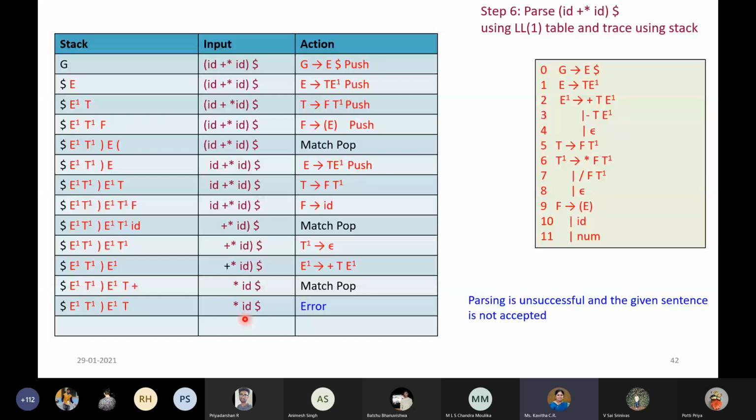Also parallelly, if you want to check, you can create the derivation tree and see. You will understand how it is going. Now we are also using the data structure, the stack, and observing the output. So that way you can try out more examples for the same grammar also.